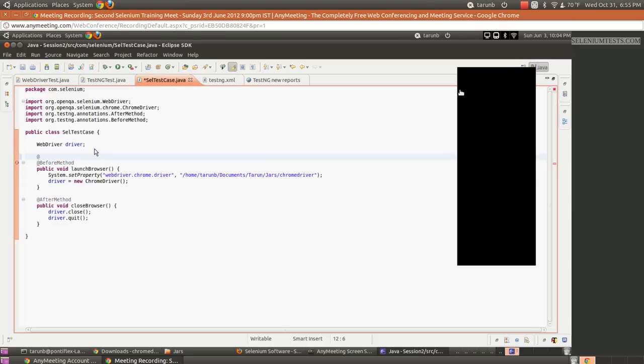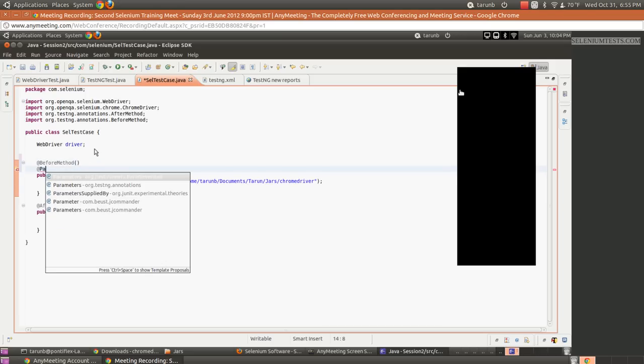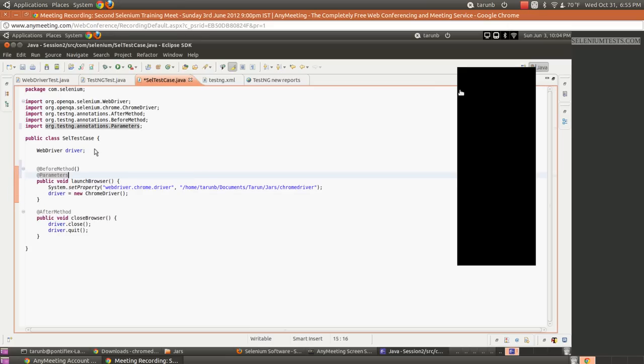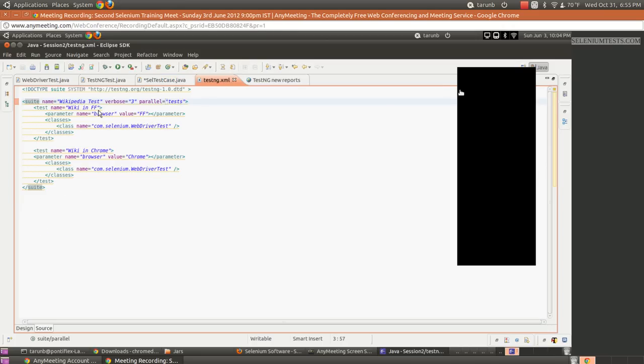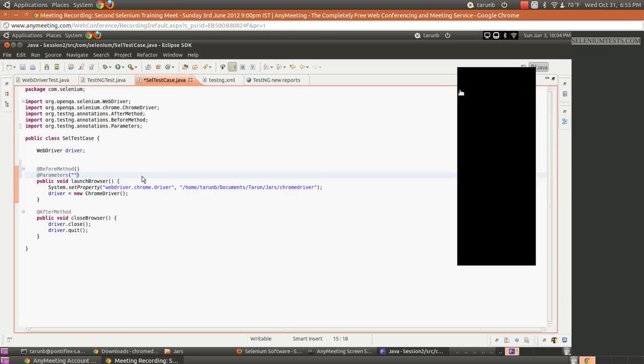So I'll say parameters. Yeah, so it comes, the TestNG parameters, and then we will use the same parameter name here which we gave here. So the name which we have given is browser, so I'll just copy this name and keep it here.